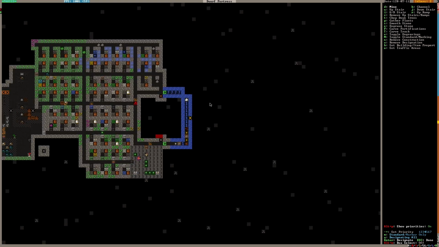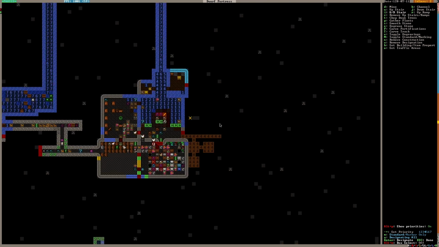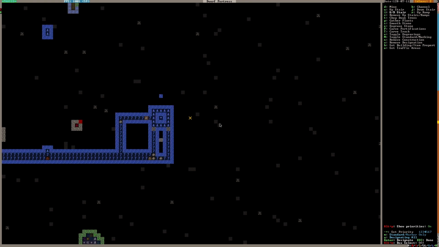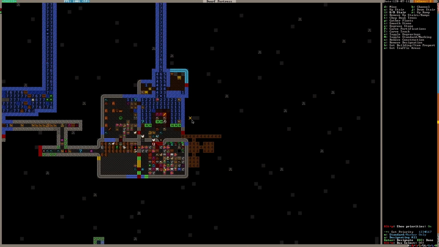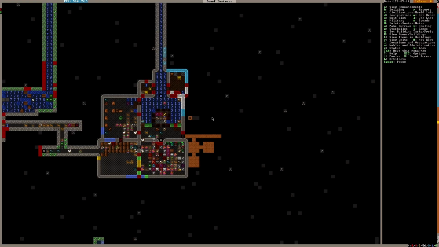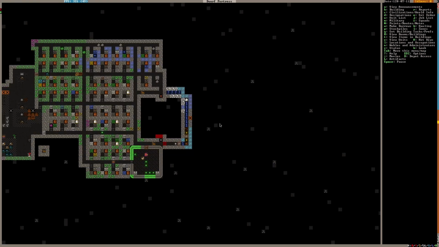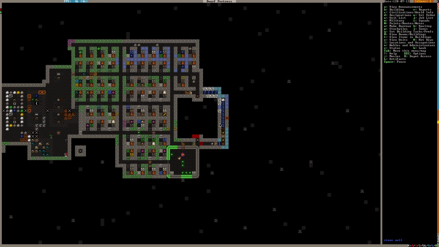So I will dig out here, designate this as an up-down stair, then go down here. Will this impinge anything? This won't leak anywhere, that's fine. This stair can actually spread out to here then, because I don't believe there's anything else there. And if we build a stair here, we can also spread out here. So this will be an up-down stair as well. Priority 4, so they will start doing that at some point when they have finished digging the tree